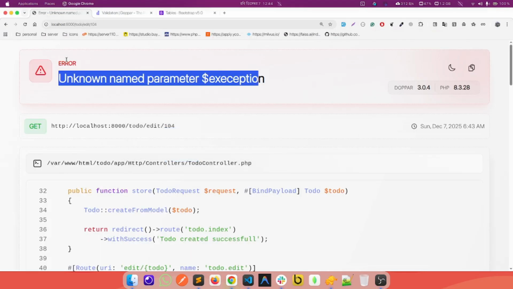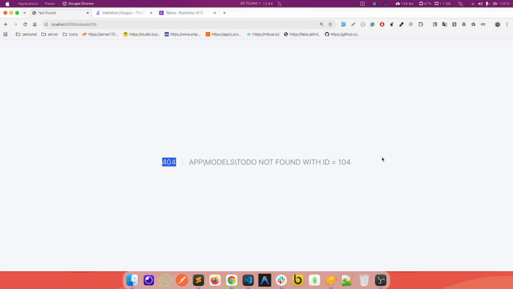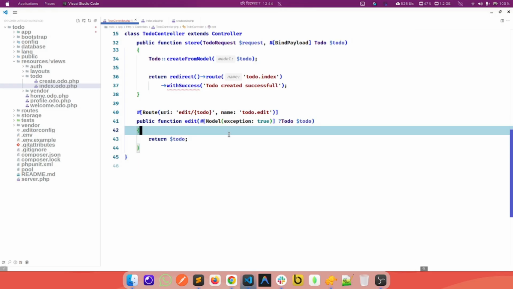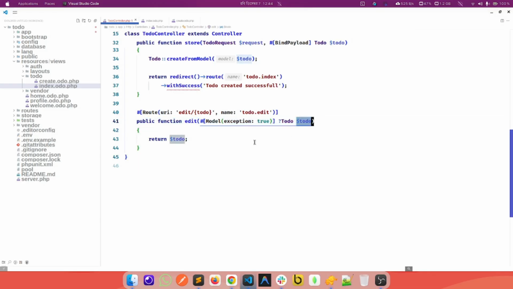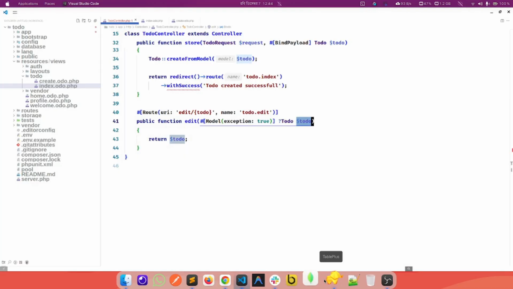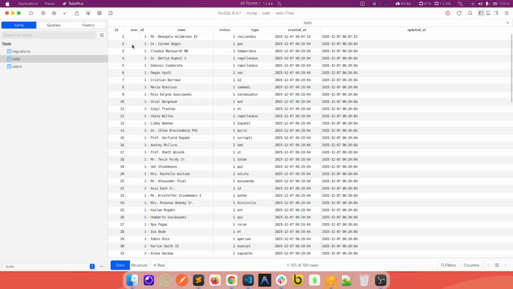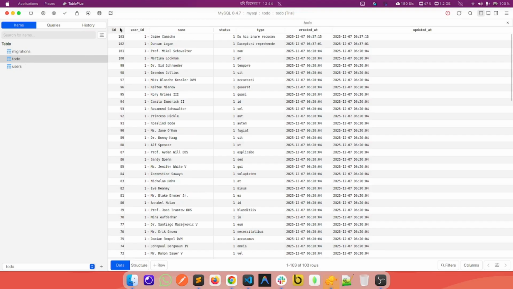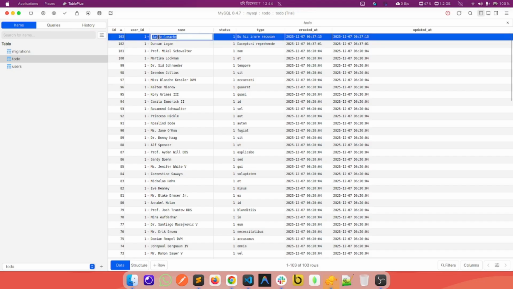Yes, we are missing the spelling, and yes, we are seeing the method. We are seeing the logical error, App model to do not found with id 404. And yes, we are seeing the method. And what will happen if we want to show the to do here using not the id, using the to do 104 to do